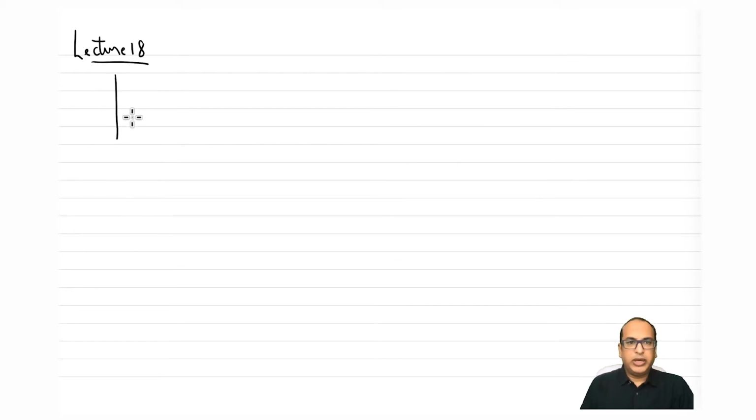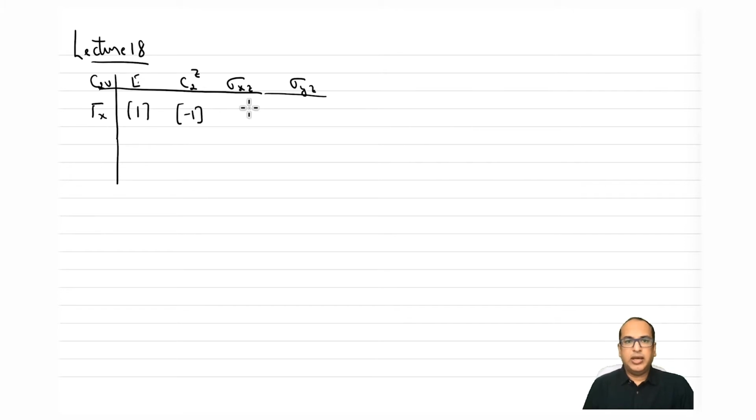So just to remind you again, let me just write it again. So for C2V point group, we had E, C2Z, sigma xz, sigma yz, and under this if we had tau x, so E operating on x will give you x, so that takes the character or the matrix as 1. Then C2Z takes it as -1 because x goes to -x. Then sigma xz, x remains as x, so we have +1. And for sigma yz, it will be -1, right?